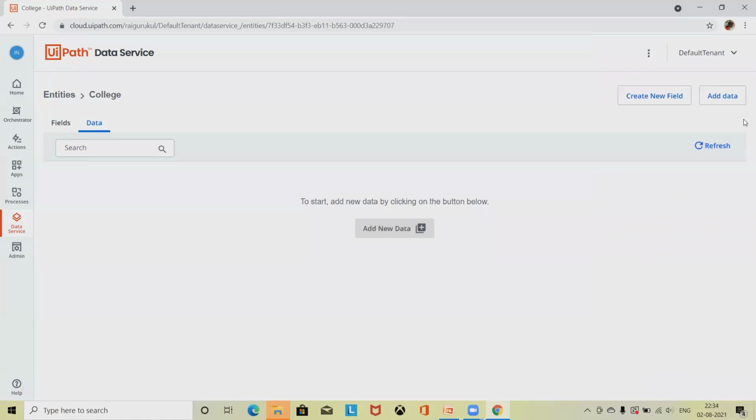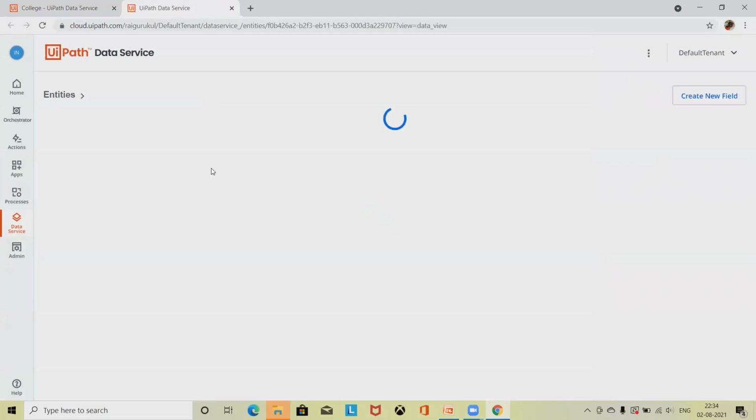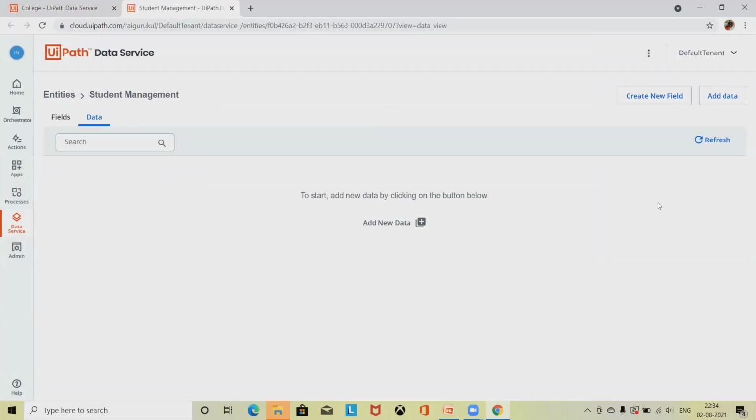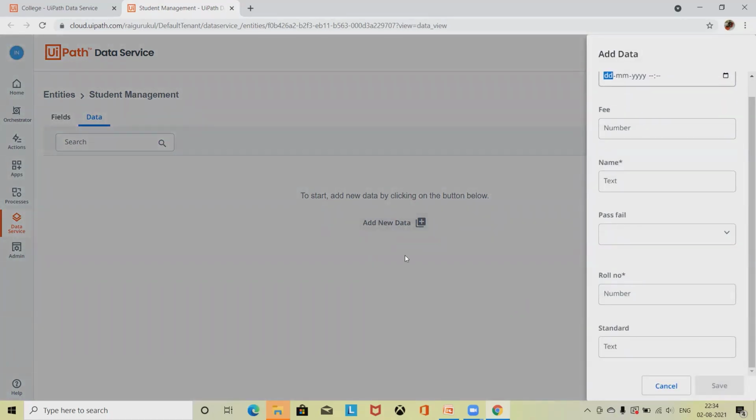So this is how we can manually add the data. Say I want to add roll number 1. We can also view the entities data.